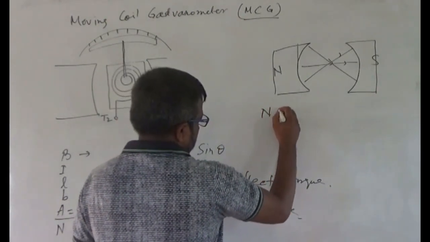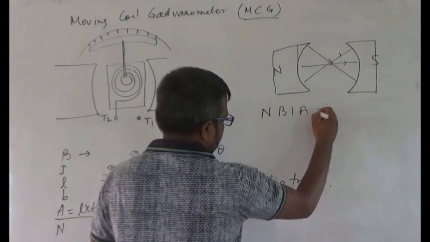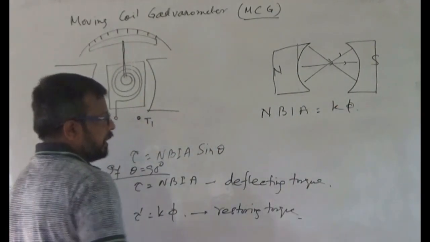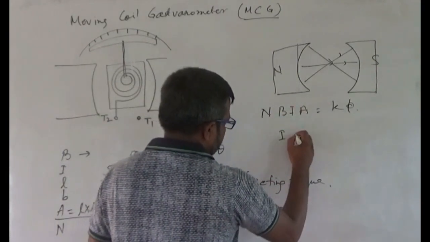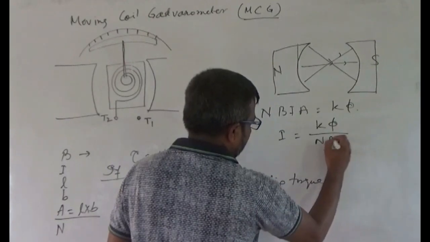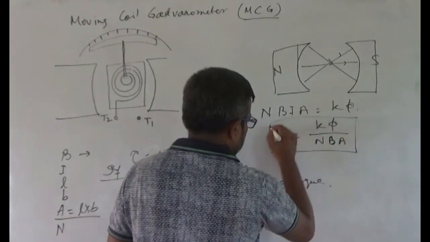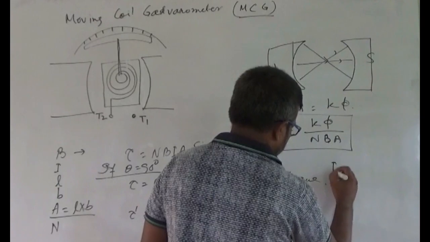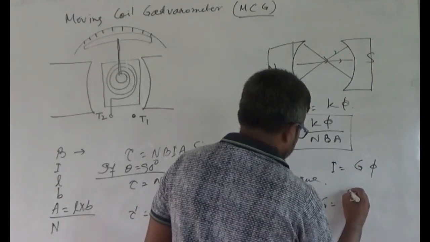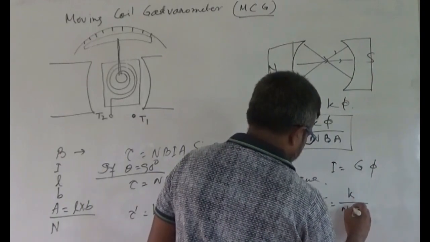N B I A will be equal to K into phi, and from here you can say I is equal to K phi by N B A. Now from here you can write I is equal to G phi, where G is equal to K by N B A